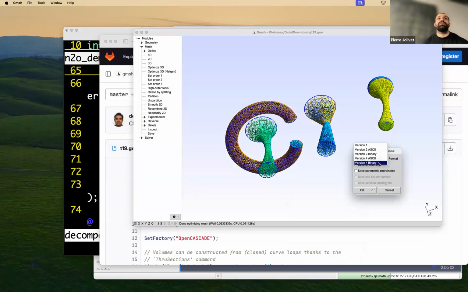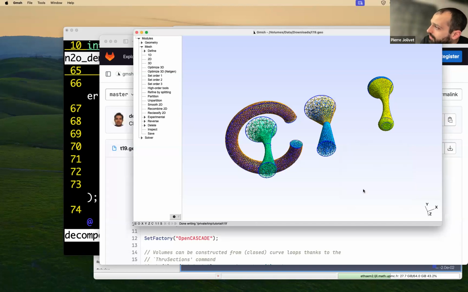Within FreeFem, the GMSH plugin can only load version 2 files in, I think, only ASCII format, maybe binary, but I'm not sure. So let's try something that for sure does not work with GMSH load, and it's the binary version 4 format. And so I always forget if I need to tick those checkbox, but let's do it simply for now. Okay. So now if we go back to the terminal,